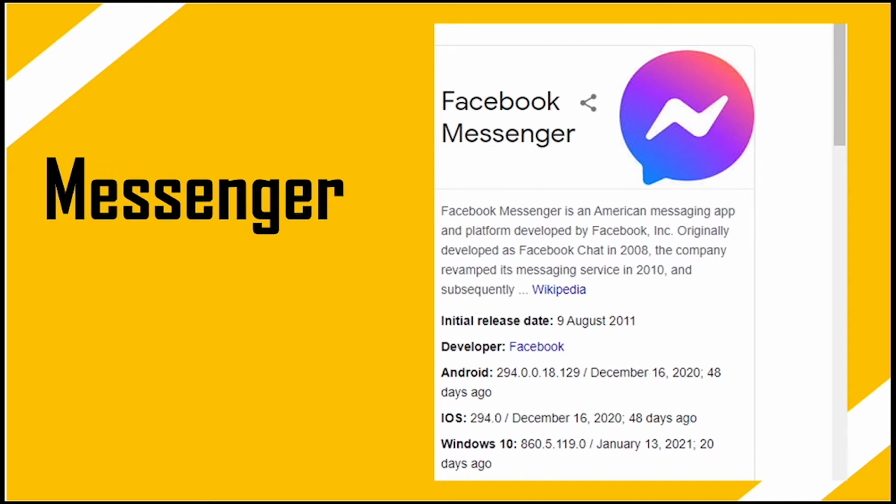Originally developed as Facebook Chat in 2008. The company revamped its messaging service in 2010. So yan po ang ating Messenger. So yan ay galing sa ating Facebook. Dati, maalala ko, wala pa yung group chat, wala pang video chat. So dati is chat lang talaga siya, na-develop until now, na ginagamit na natin, na dumadami na rin yung pwedeng